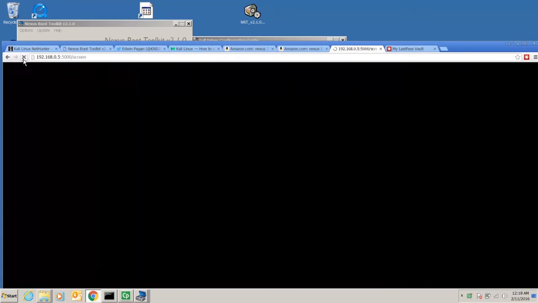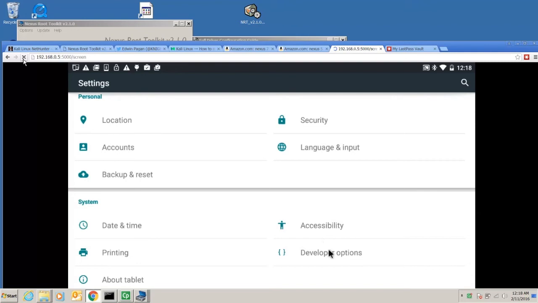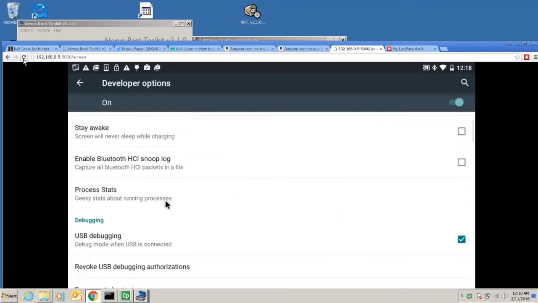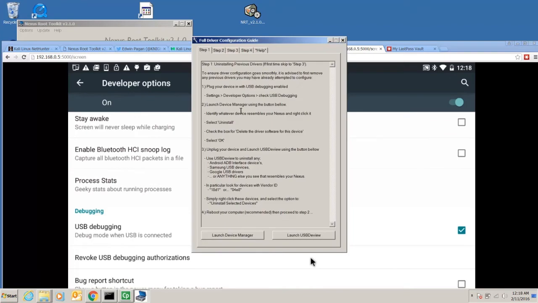So let's go to developer options. As you can see, USB Debugging Mode is enabled on this device. So that's one thing we can check off the list. Launch Device Manager using the buttons below, and select uninstall. Check the boxes for any drivers tied to the Nexus device. So launch Device Manager,